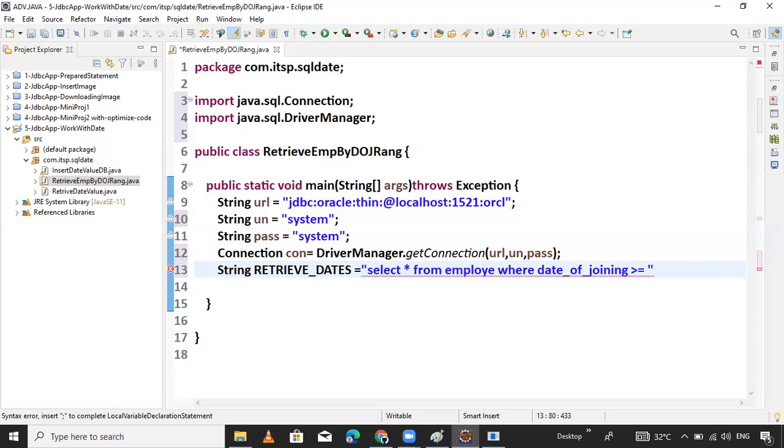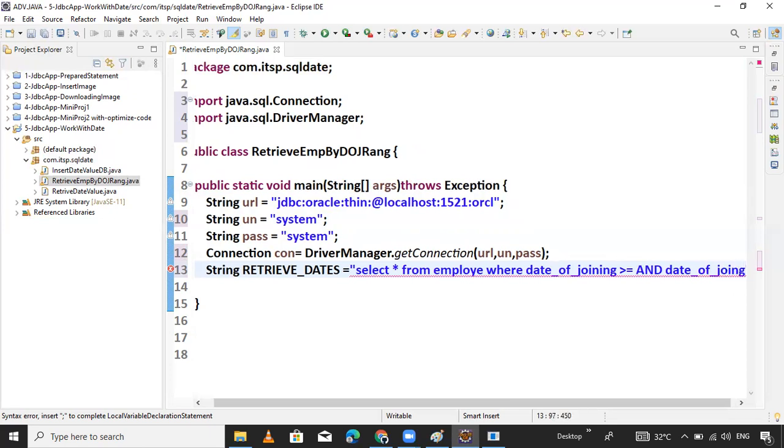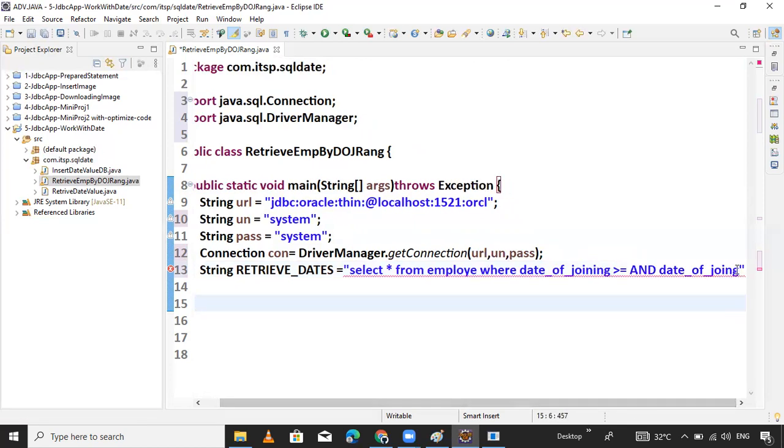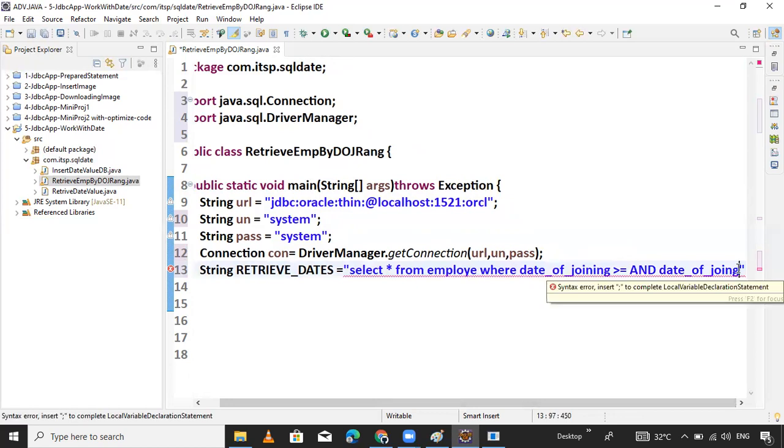greater than equals to, and pass the date of joining. This is the starting date, and this is the end date. Pass that end date of joining, is the column name right?